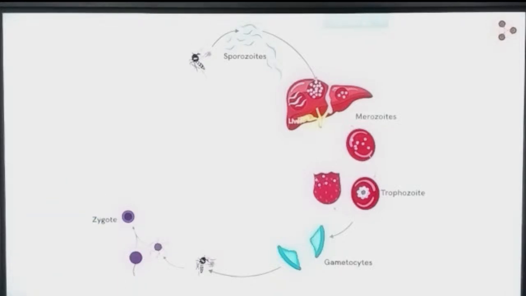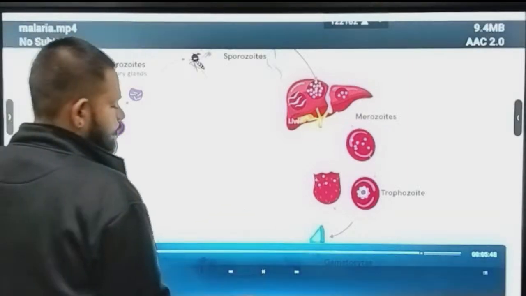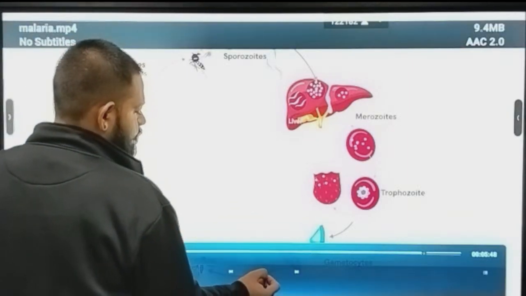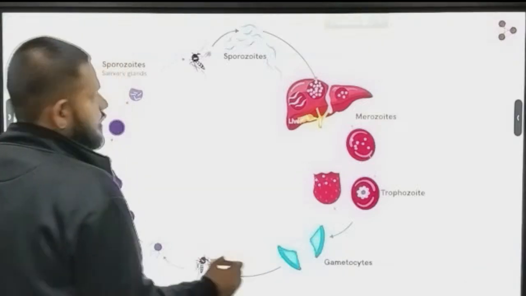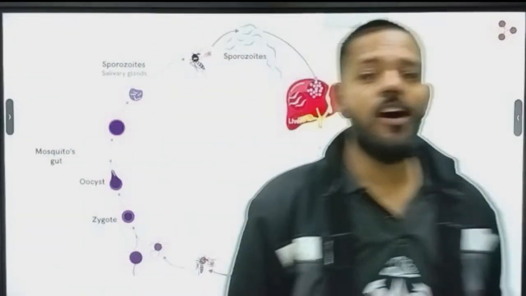This is the formation and development of a zygote in the mosquito's gut. From here, a structure called the oocyst is developed, which crosses the gut wall and reaches the salivary glands. Here, the oocyst now releases several sporozoites, which are the mature infective forms of the parasite, ready to infect a new healthy individual with the next blood meal. So this is the complete life cycle of